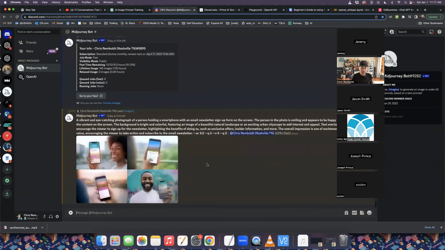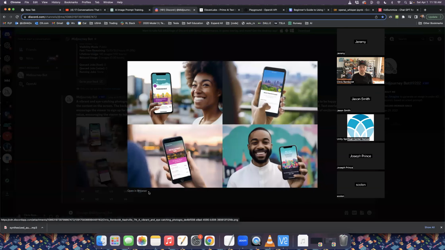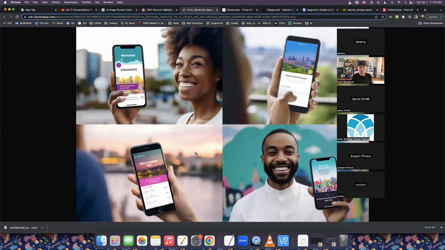And something I'm going to tell you right now, I just know by looking at this, Midjourney and other image generators, they don't really know about text. So if there's text in an image, it's going to be gibberish, and sometimes kind of funny gibberish. So I'm excited to see what these apps are called. They're going to be something totally nonsense. It's kind of its own entertaining thing. But if all you need is a stock image for "sign up for my newsletter," this is a fairly useful prompt for that. So let's take a look at this. Let's open it in browser to see it full resolution.